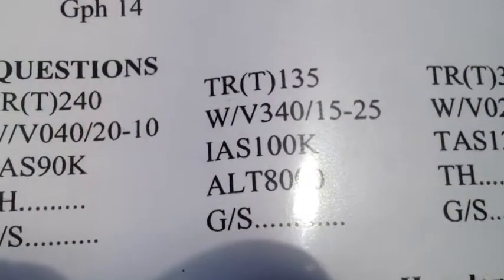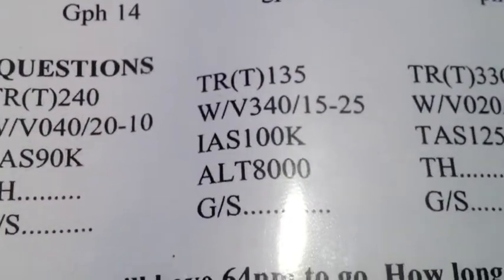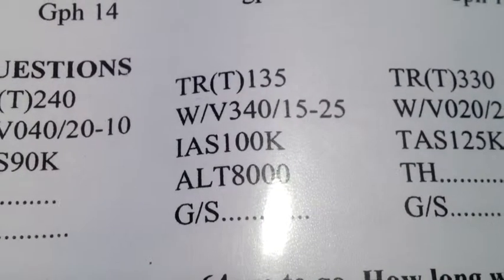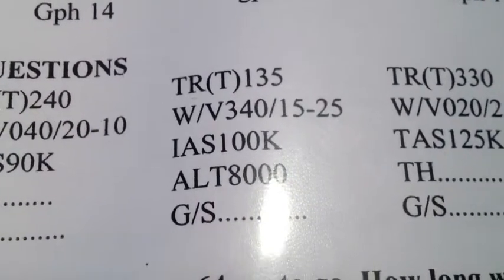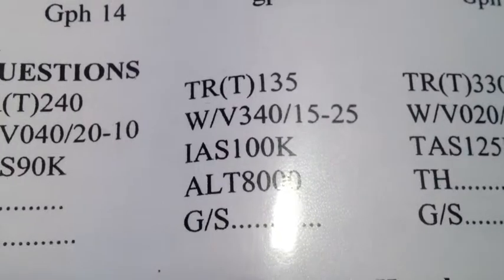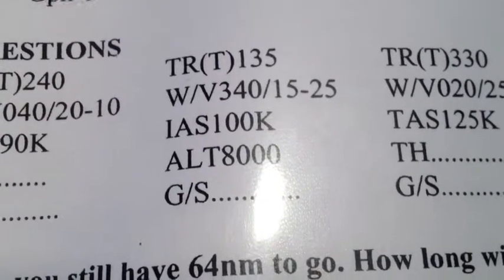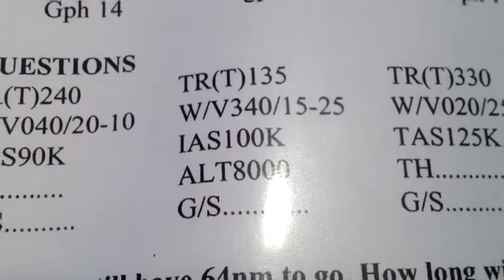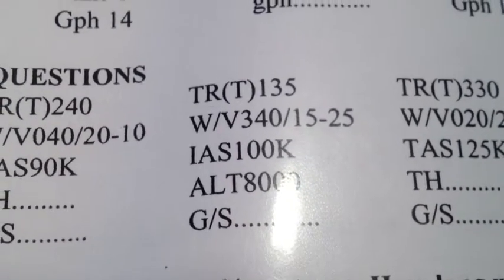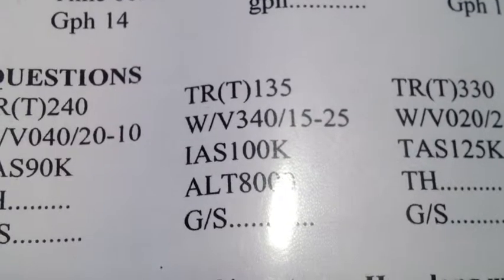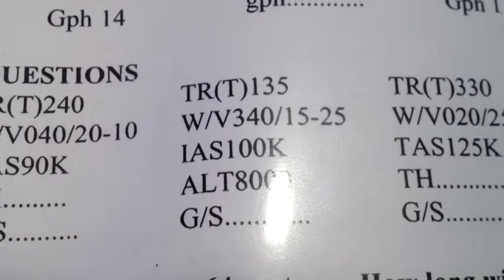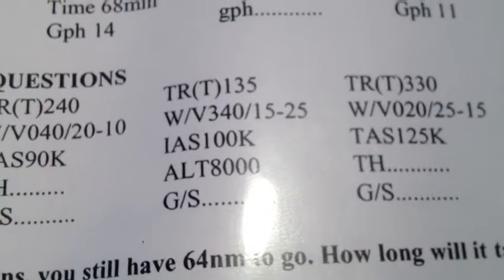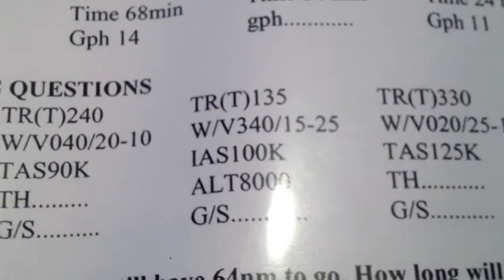Okay, the next problem is going to involve an additional step, because as you can see, we're not given a true airspeed. We need a true airspeed to do our wind face calculation. We're given an indicated airspeed, an altitude, a pressure altitude, and a temperature. So step 1 in this problem is going to be using the other side of our E6B and calculating a true airspeed given a pressure altitude of 8,000 feet, an indicated airspeed of 100 knots, and a temperature of